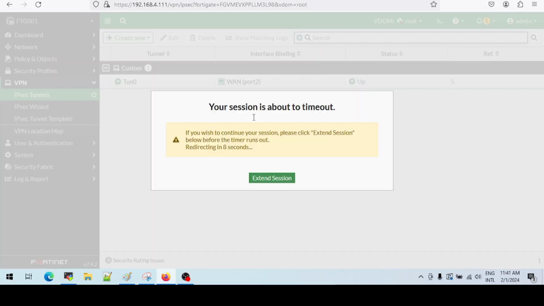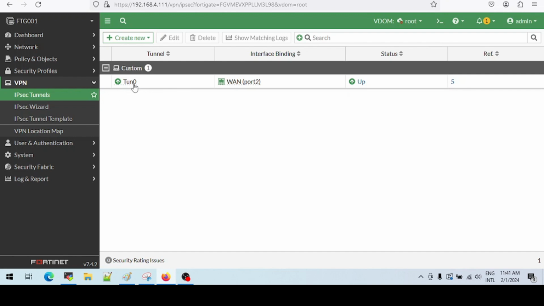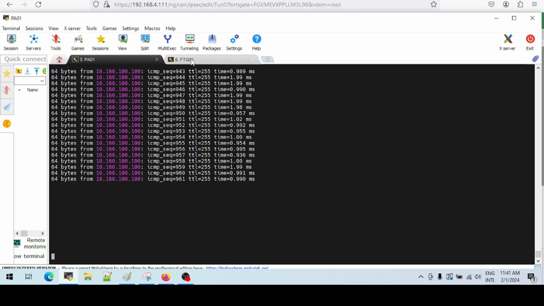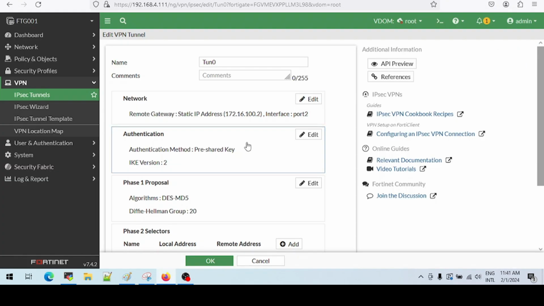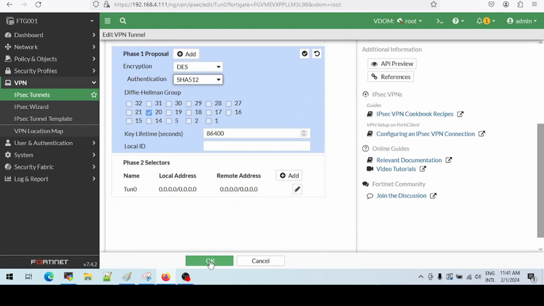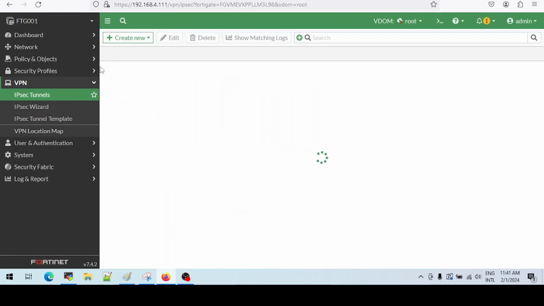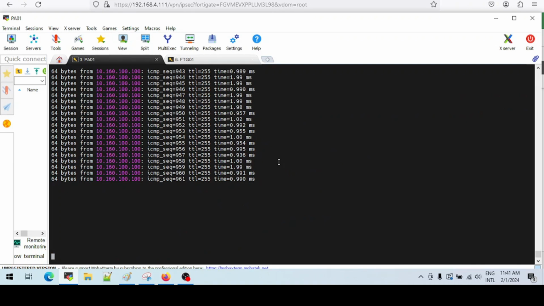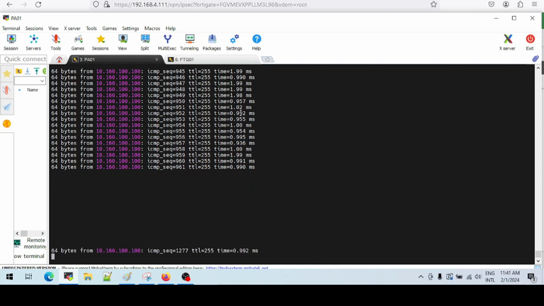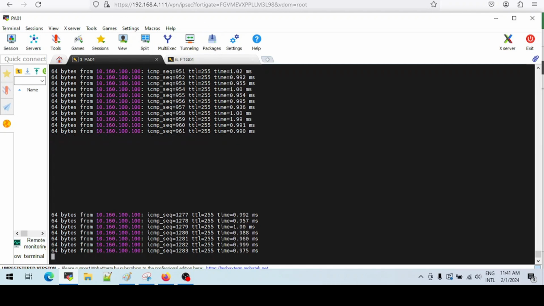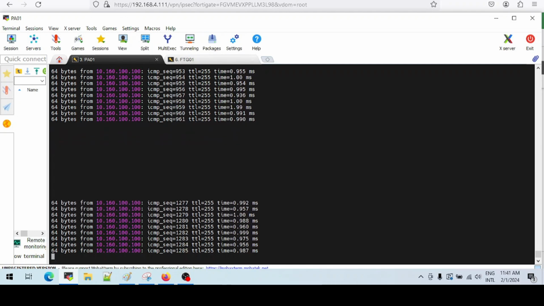So let's go back and fix. We fix this back, and we watch if the traffic starts flowing. And before long, the traffic does start flowing. And so that concludes the next scenario.